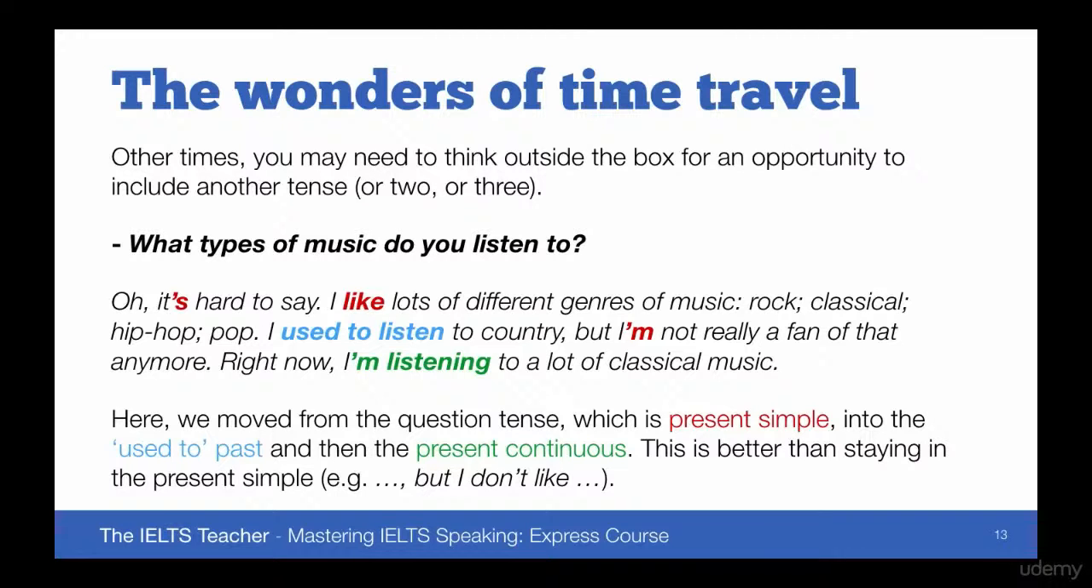And of course you wouldn't be doing that in the exam. But we often use this to talk about a period which may change in the near future. So again, that temporary state. So I'm listening to a lot of classical music now, but maybe in a few